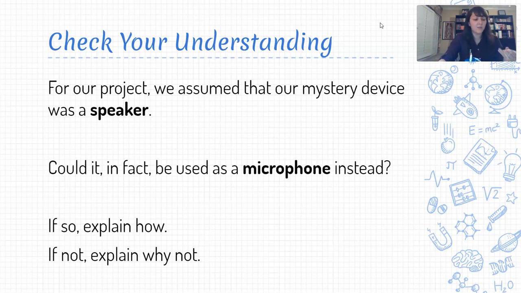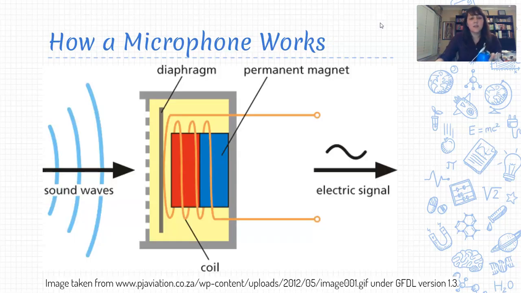Well, I would argue that assuming we were able to get an appropriate jack to plug in to some sort of device, this, in fact, totally could be a microphone, just as our generator is also able to serve as a motor as well. So if we look at this diagram of how a microphone works, what we see is that as sound hits our microphone, there's a diaphragm that's able to vibrate, pick up on those vibrations from the sound wave. And that ultimately moves a permanent magnet in and out of a coil of wire, and as it does that, it induces a current,